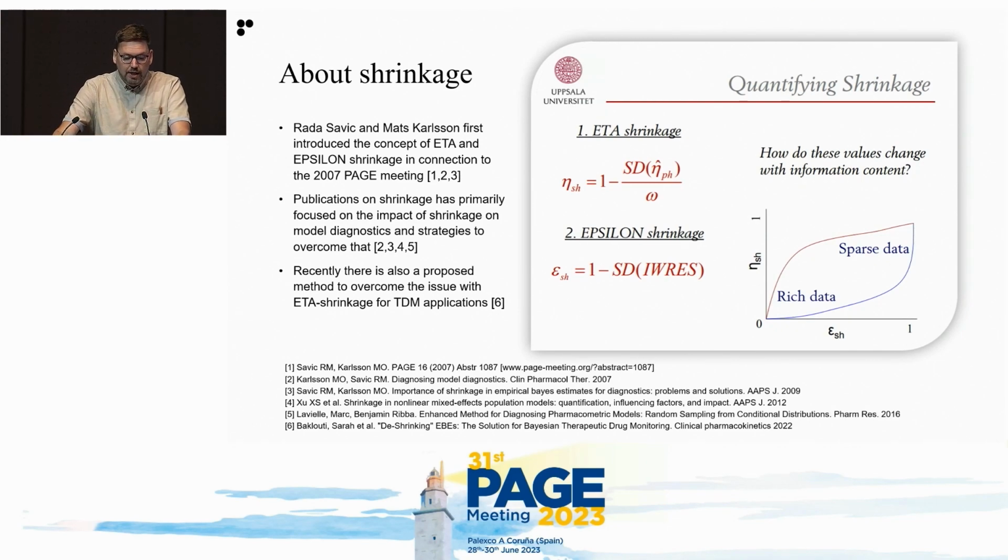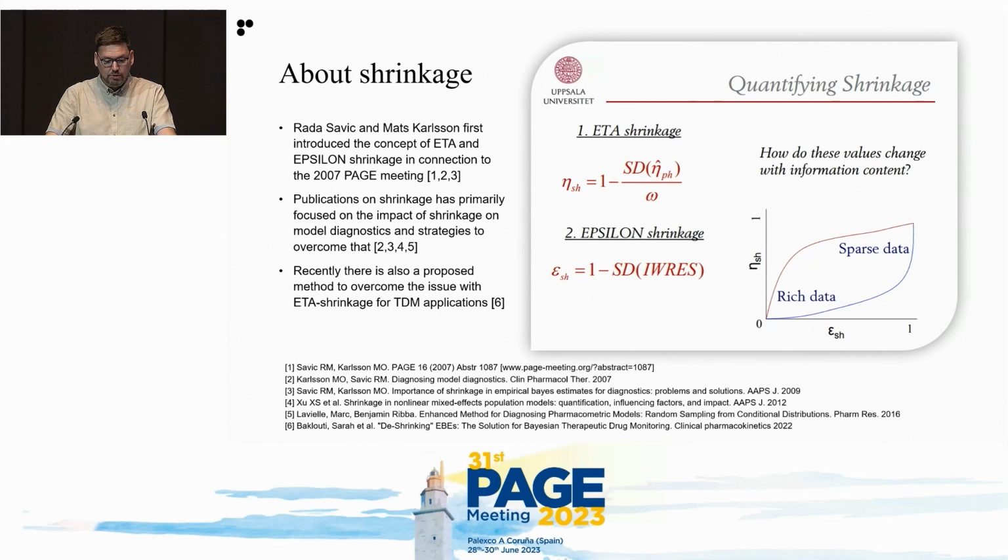Shrinkage in the form of eta and epsilon shrinkage for nonlinear mixed effects modeling was first introduced in connection to a PAGE in 2007 by Rada Savic and Mats Karlsson. Since then, publications on shrinkage have primarily focused on the impact of shrinkage on model diagnostics and strategies to overcome that. Recently, there is also a proposed method to overcome this issue of eta shrinkage when it comes to